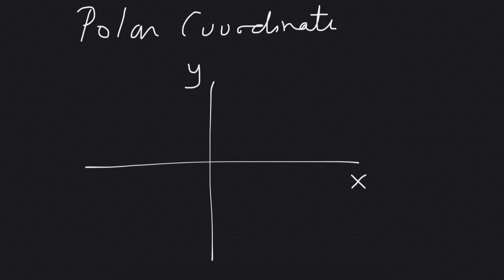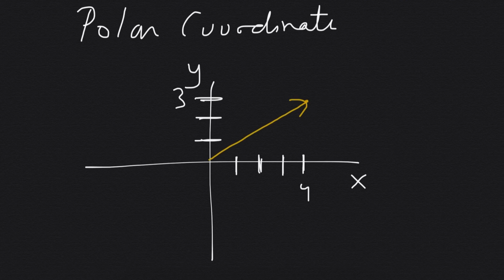Okay, so remember we talked about x and y earlier, and let's just choose a random point here. All right, so let's go back maybe with that previous example of, let's make this 4 and let's choose 3, and we have a vector, an arrow, sort of, that's like that. So in Cartesian coordinates, we would just say 4, 3 is this point, right? That's great. Now in polar coordinates, we want to have a pair, but we don't want x and y. We instead want to use an angle and the length of this arrow,